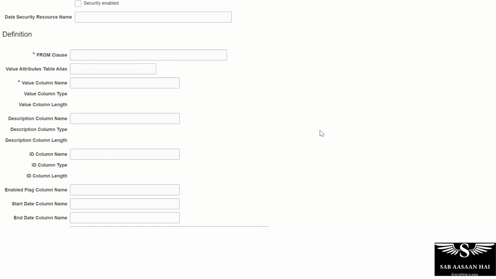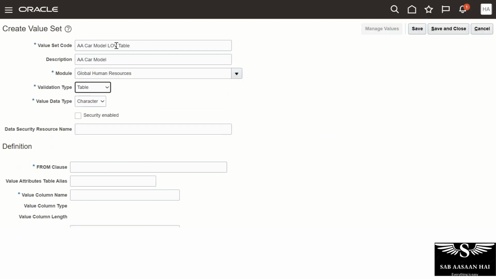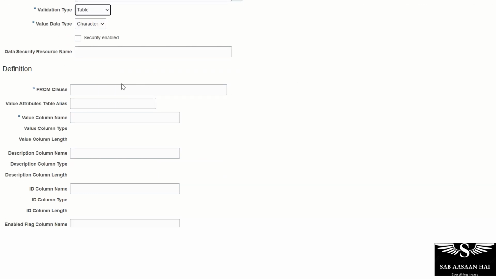So I can write a condition. Say, for example, if I want to populate a person number, I'm just giving an example. We can create it with a car model so that uniformity remains for understanding purposes, but if I want to create a table, I want to populate a person number in a simple example. So I will give from which table. From this, which is my backend table name, and the column name is a